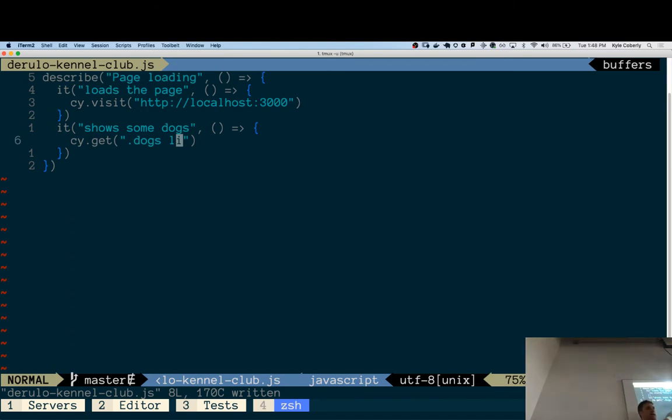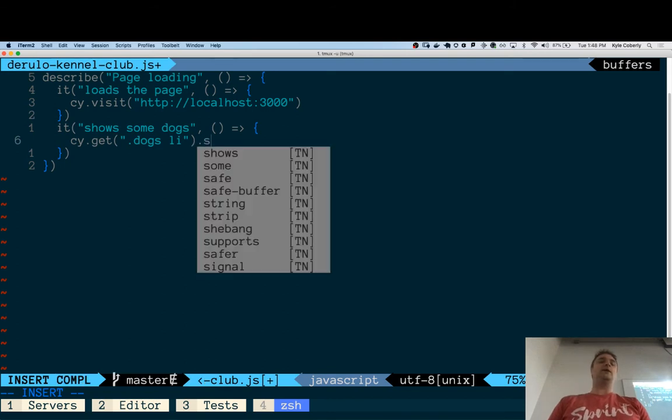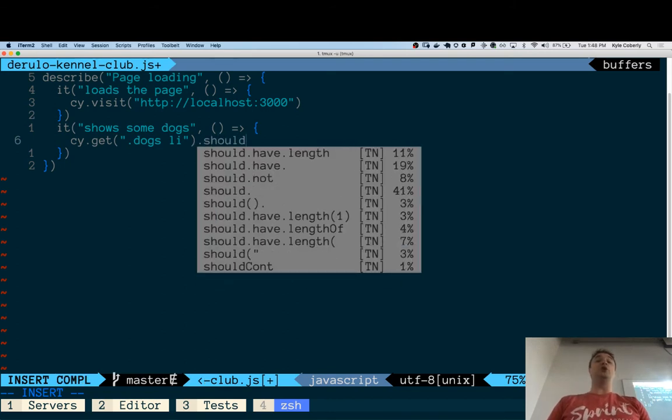That's how we get an element. We can't do the normal things that we can do with an element, like there's no .textContent or anything like that. We're in Cypress land now. So this is a Cypress element. It's a little bit magical. That's the first part of this. The next part is the actual test, the thing that we're trying to assert about it. And so we can say .should